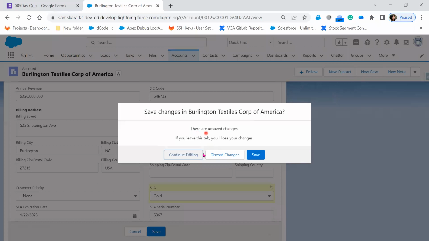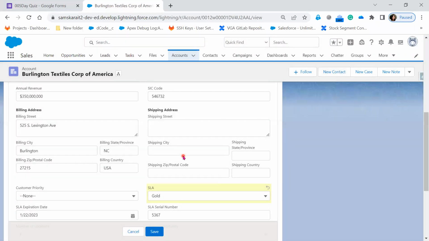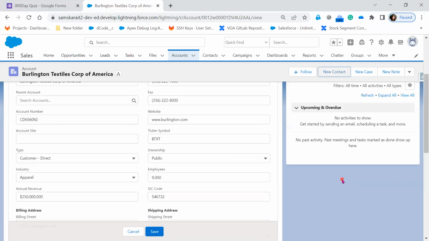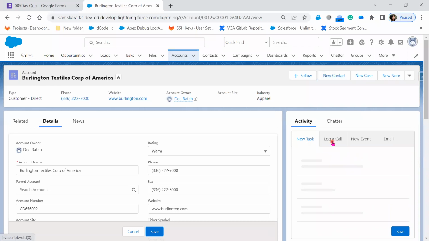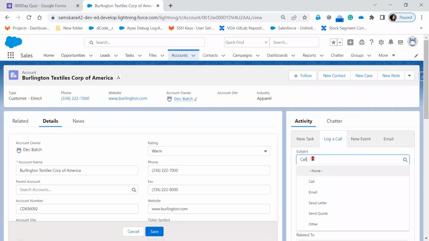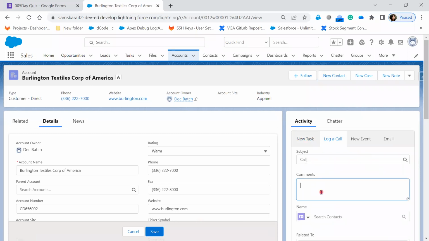It is asking whether I want to discard the changes, continue editing, or save. I'll say continue editing. Also, there are a couple of options here. While changing that, I wanted to add details. I wanted to add a task or log a call here, with the call as the subject, and I'll put a description in the comments, saying updating